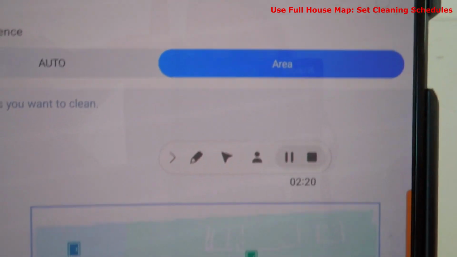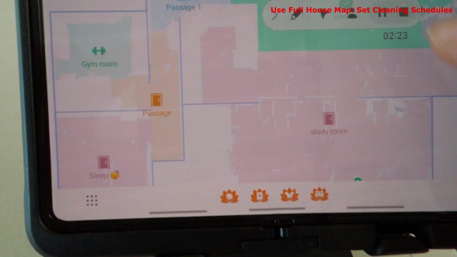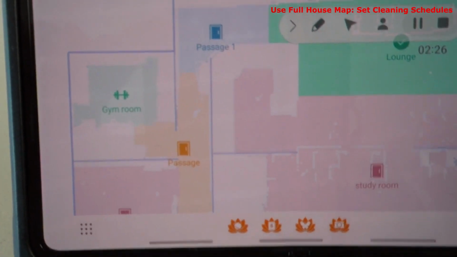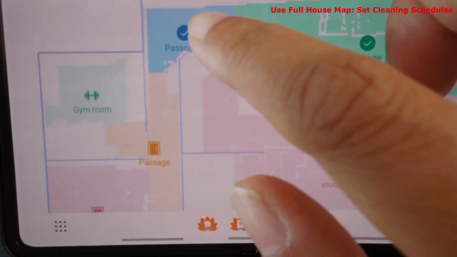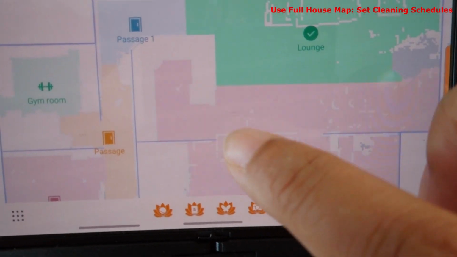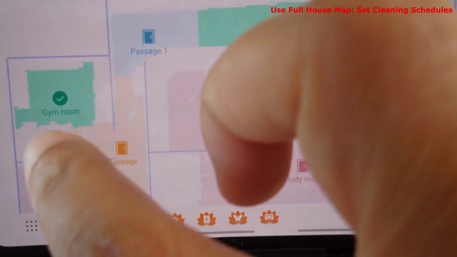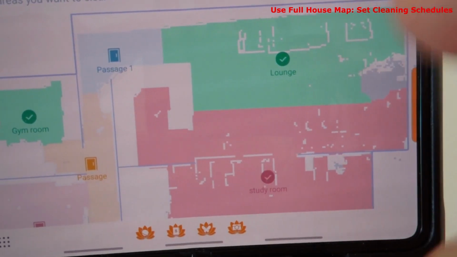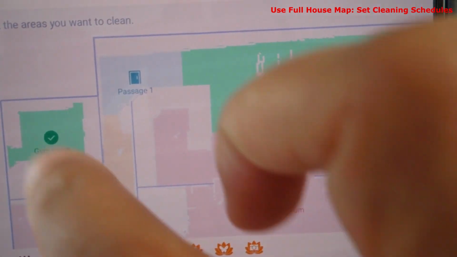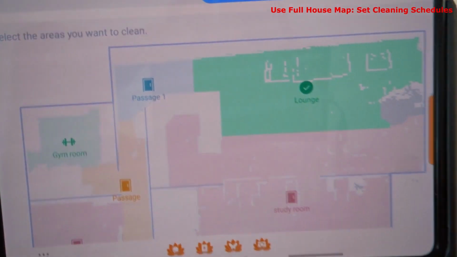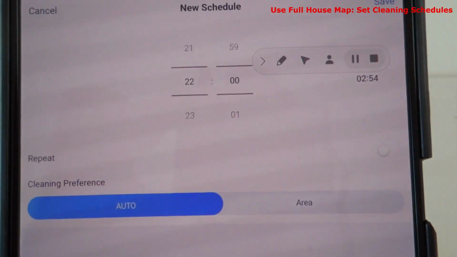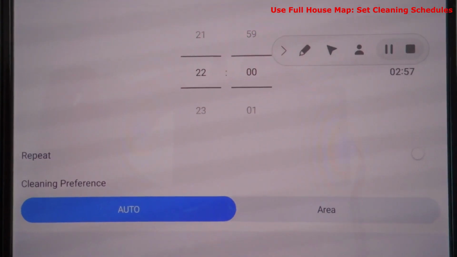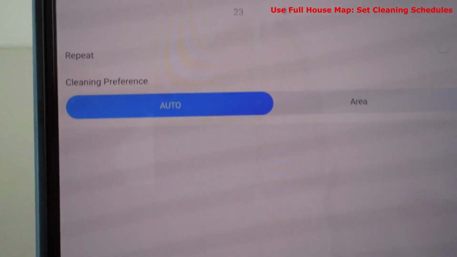Or you'll have to select a particular area. So you can then go and select a particular area out here. Sorry, this is my screen recorder which is coming up to the left, but you can select a particular area out here. So you can select again your passage, or deselect that, or select this area, or maybe select two areas, which is this one and this one. It's up to you. I don't want to select a particular area, so I'll just leave it at auto. What this setting is going to do is clean the full house at 10 o'clock, and then